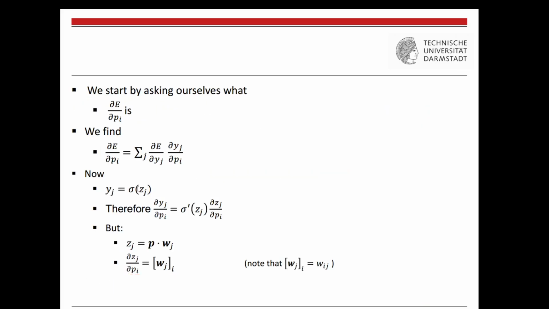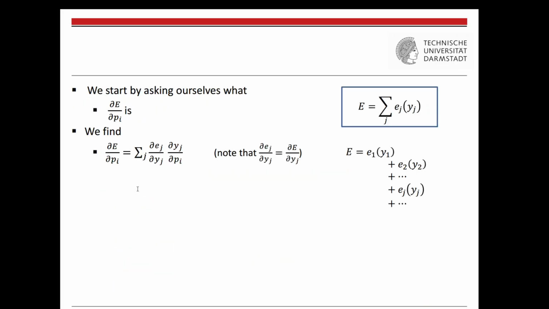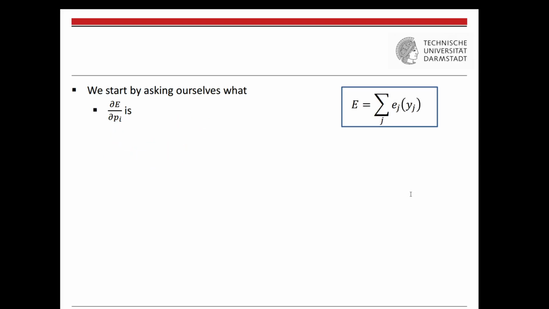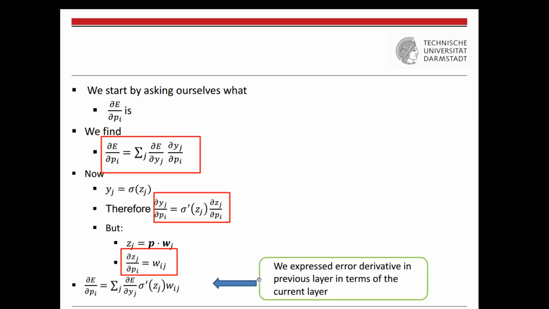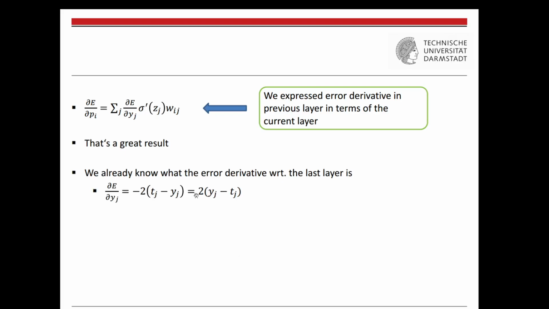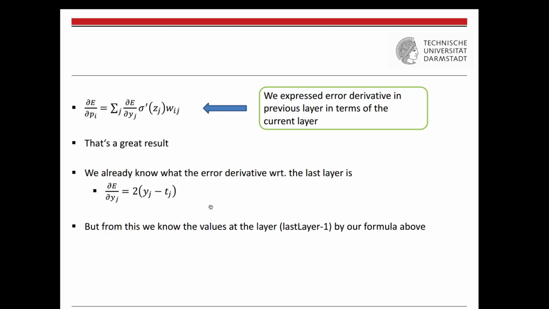How do we calculate this? Well, dE, this is the formula, and then Ej Yj is given here, right? This is also this formula. Now we just take the derivative of this formula. So we can just find the solution for that. So this is like the base case, if we're in induction, right? That's the base case. We know the derivative in the last layer, and from this we know the values at